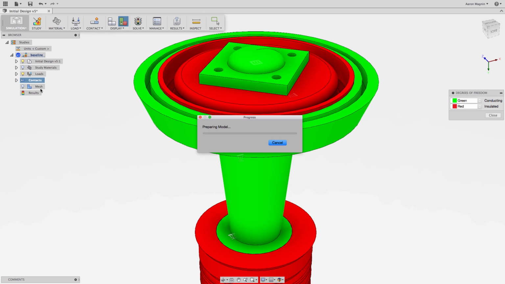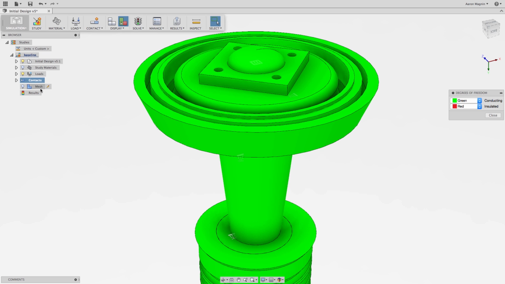So in just a short amount of time here, it's going to find all the different contacts there. And it is actually pretty significant. Even though there are only 5 parts, there's a number of different faces that could potentially be in contact here and that are in contact here. And when I was going through this setup, there was that contact tolerance, 0.1 millimeters, I think is the default. So if you build your models properly, and there are tolerances built into them for manufacturing issues, manufacturing tolerances really,